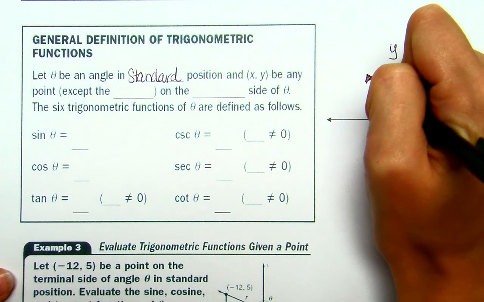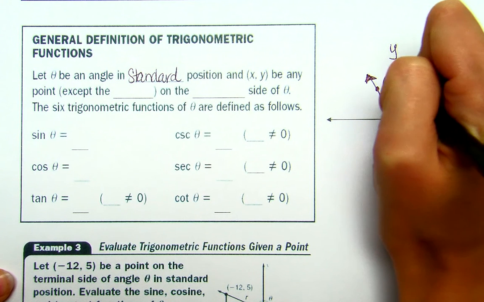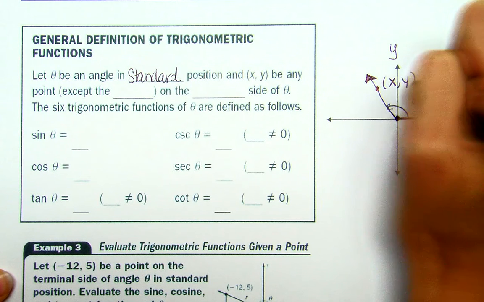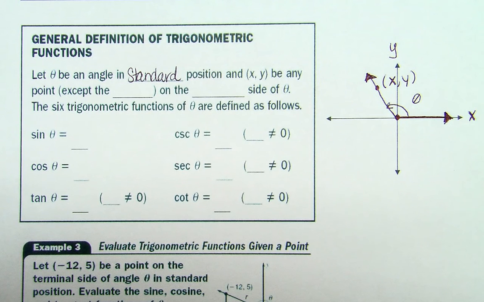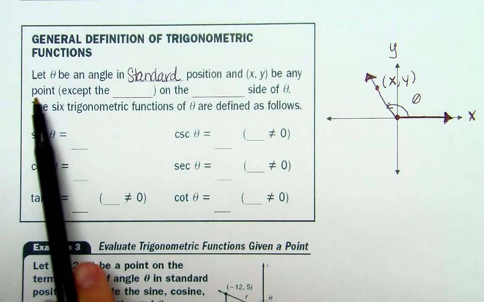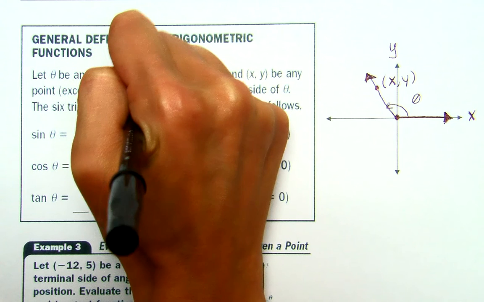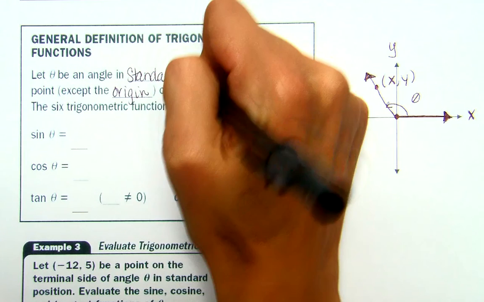I'm just going to label this point, we're not going to give it a value yet, we're going to call this point x comma y. Okay, so let theta be an angle in standard position and (x, y) be any point, except obviously the origin, on the terminal side